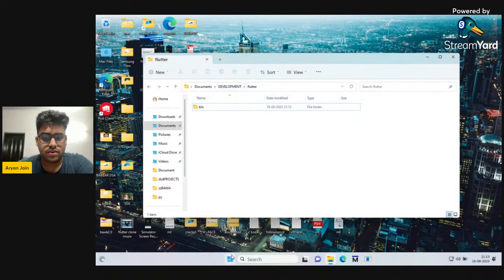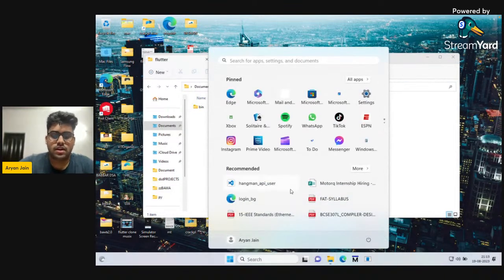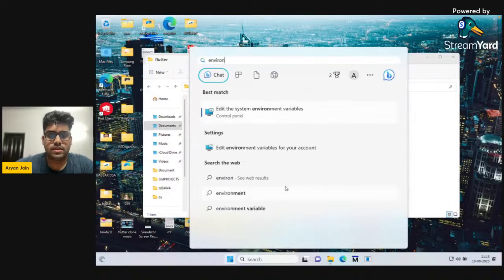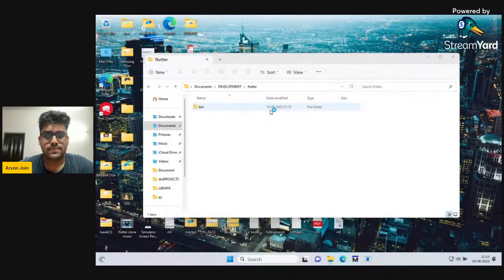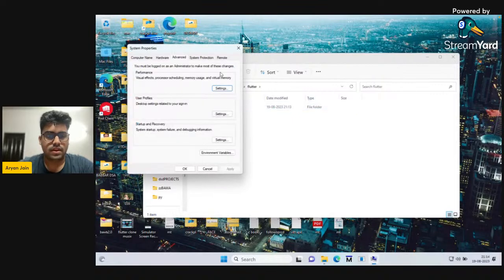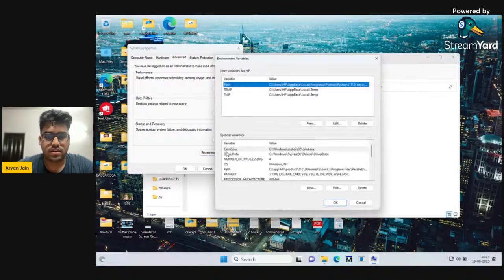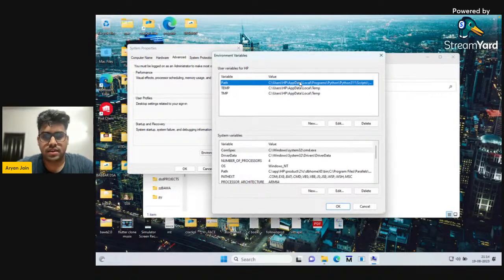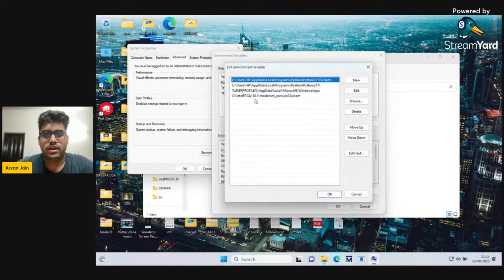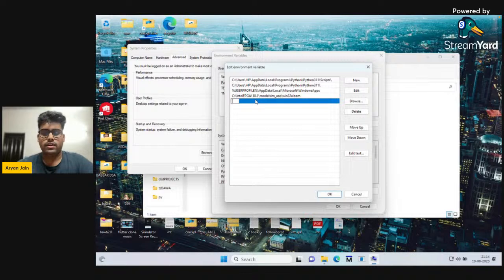Now what you have to do, click on the start button, search here, environment variables. Click here, edit the system environment variables. And then go to environment variables right here. And in the path thing, this one, go to edit. And here, paste the directory of the Flutter bin folder. For me, it would go like